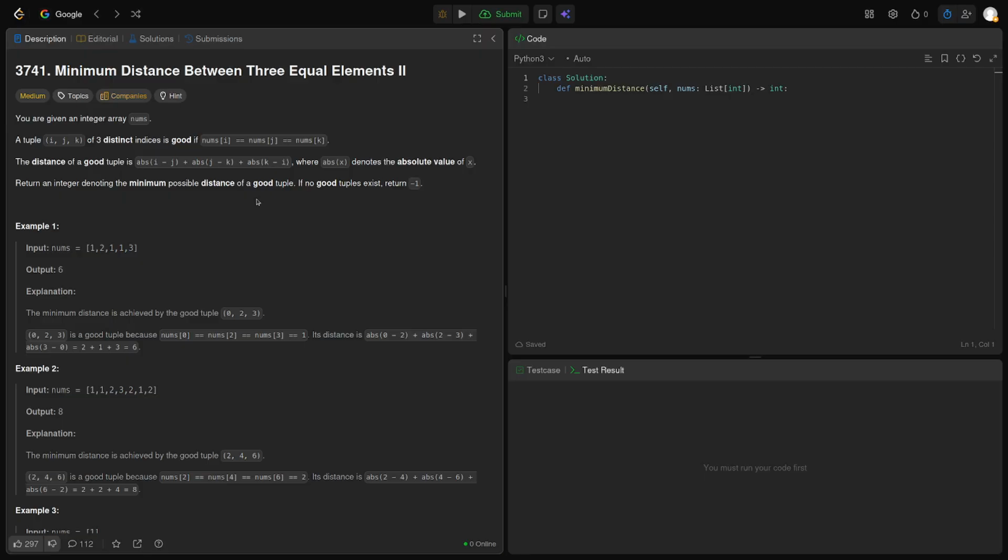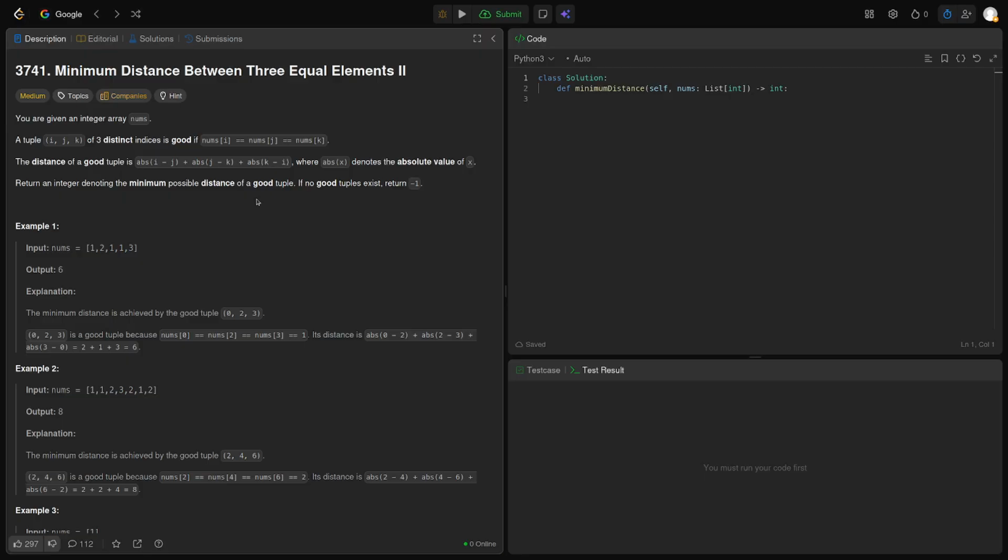So it's good if they are indices of the same number, and the distance of a good tuple is the sum of the absolute differences, first to third, first to second, and so on. We want the minimum possible distance of a good tuple, and if no good